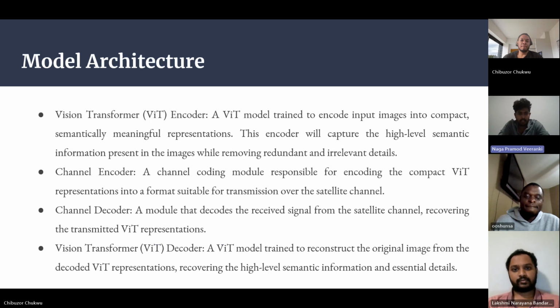This helps in removing redundant and irrelevant details. Coming to the channel encoder, the channel coding module is responsible for encoding the compact bit representation into a suitable transmission over the satellite channel. Coming to the channel decoder, it decodes the signal from the channel and recovers the bit representation, which helps to decode the images. The vision transformer decoder tries to reconstruct the original images from the decoded bit representation, with high-level semantic information and essential details, which helps convert blurred images into